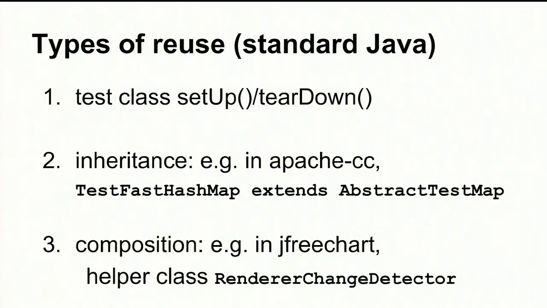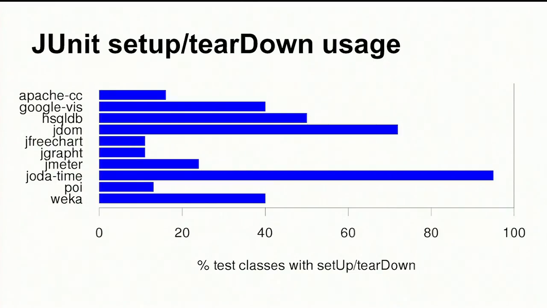Okay, the last myth I want to investigate is how people write test cases. Do they leverage a lot of reuse? Do they leverage a lot of subclassing? Let's talk about the different types of reuse that people might use when they write tests. In JUnit, you might have setup and teardown to set up a fixture. You might have inheritance, which Apache Commons Collections uses a lot, so you might have related test classes subclassing the same parent class. Or you might have composition, so you might have classes which are used by multiple test classes to perform tasks. I investigated each of these types of reuse.